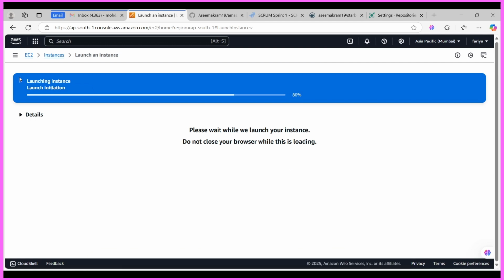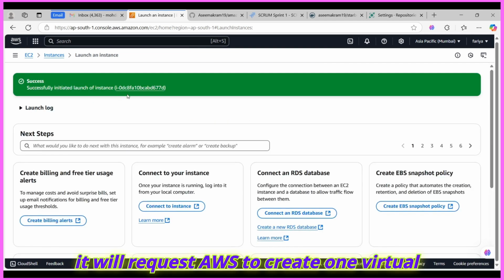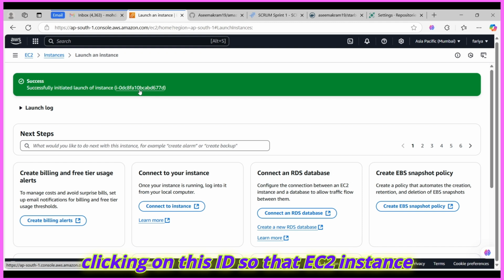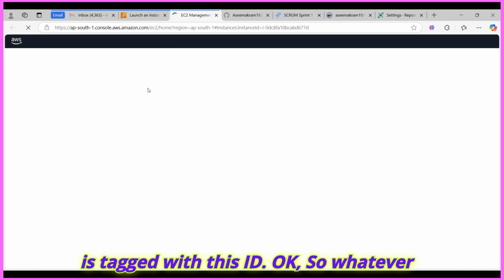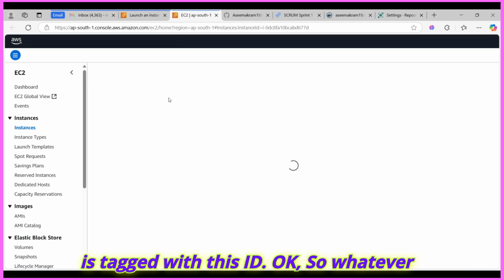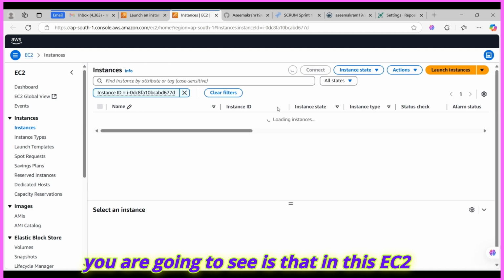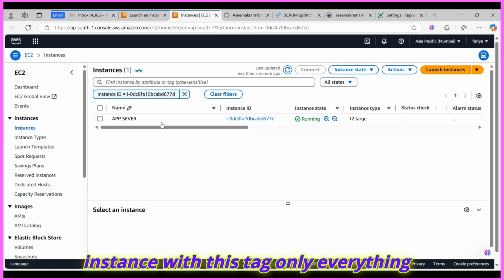So it will request AWS to create one virtual machine in the region of Mumbai. Okay, in Mumbai they have their data centers, right? In the data center we have requested to create one virtual machine. So that initialization has been successfully done. And now if I click on this ID, that EC2 instance is tagged with this ID. Okay, so whatever you are going to see, in this EC2 instance with this tag only, everything will